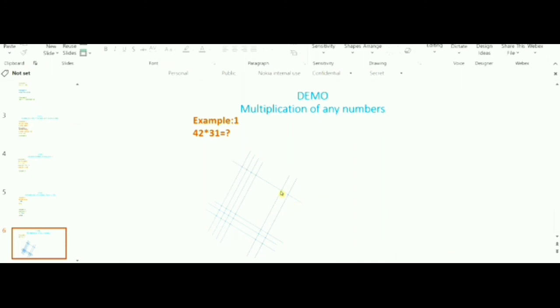Okay, to do that we need to count these cross points, right? Maybe I can do some design for you so you can easily see that. Okay, 1 and 2, right? So like that here 1, 2, 3, 4. Like that here 1, 2, 3, 4, 5, 6. 7, 8, 9, 10, 11, 12. 1, 2, 3, 4, 5, 6. Just for your understanding, I go one by one, but I know that you can quickly count this because one side you can count, then you can multiply the other side, right? So let's see.